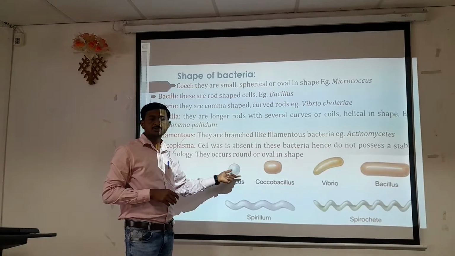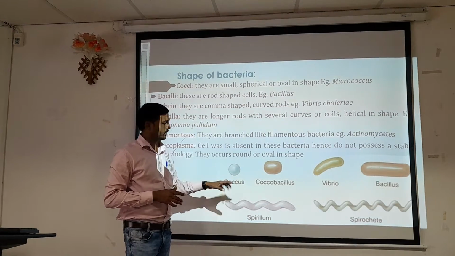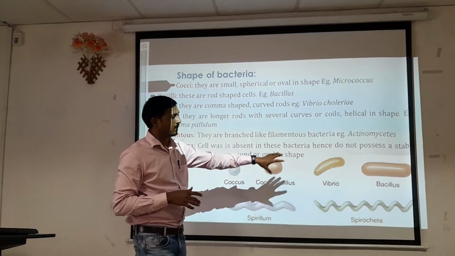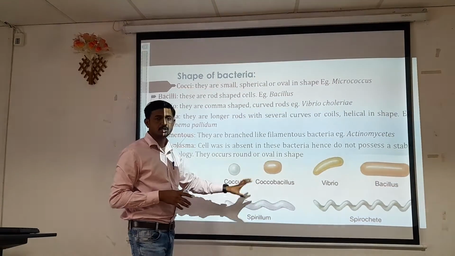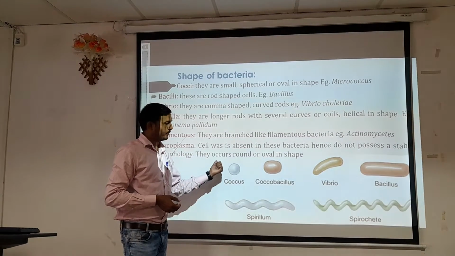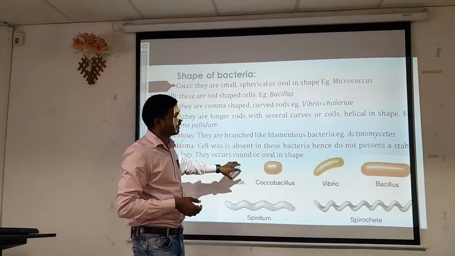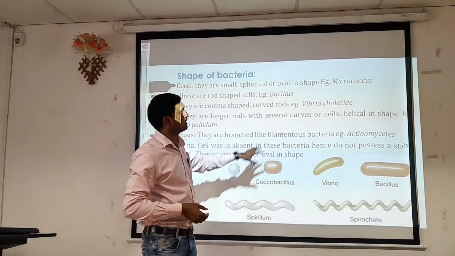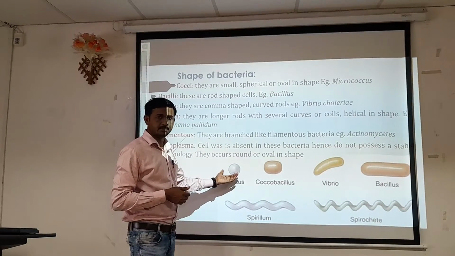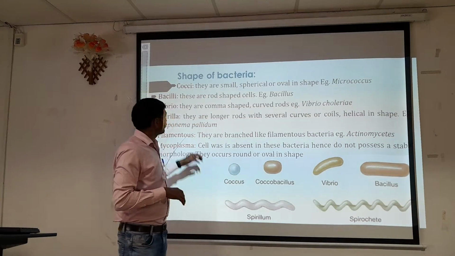So whether it is gram positive or gram negative, apart from staining, the shape of that bacteria, whether it is cocci, cocobacilli or rod shape. So depending upon the shape, bacteria are again classified. If the bacteria appear oval or spherical in shape, they are called coccus. A typical example of cocci bacteria is Micrococcus. It is a genus name, and the members of that genus are cocci in shape.